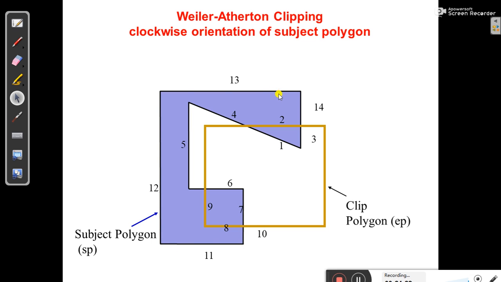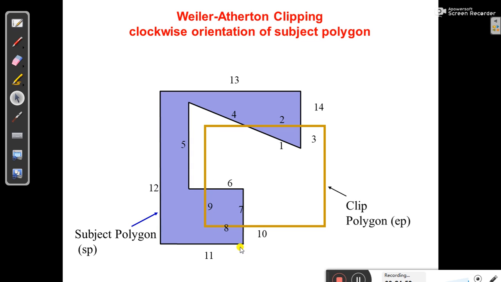Now again you can see here what it has gone through. It's a clockwise direction. Here you can see 1, 2, 3, then we will start from this point, 4, 5, we will not leave these edges, 5, 6, then 7, then we are not going this side, we are going in this side, 8, 9,